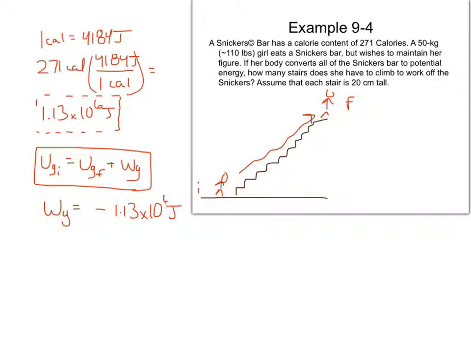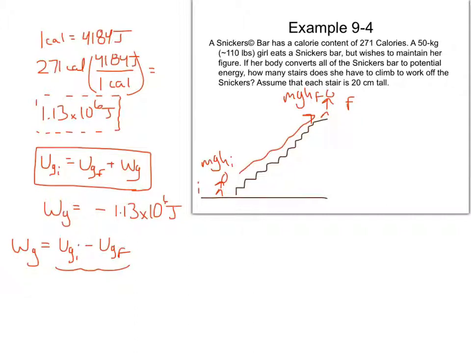So we can say work due to gravity equals potential energy due to gravity initial minus potential energy due to gravity final, right here. Well, the nice thing about this difference is the fact that it doesn't matter where you start. For example, we said before that you can find the potential energy at any one point by saying this is mgh initial and this is